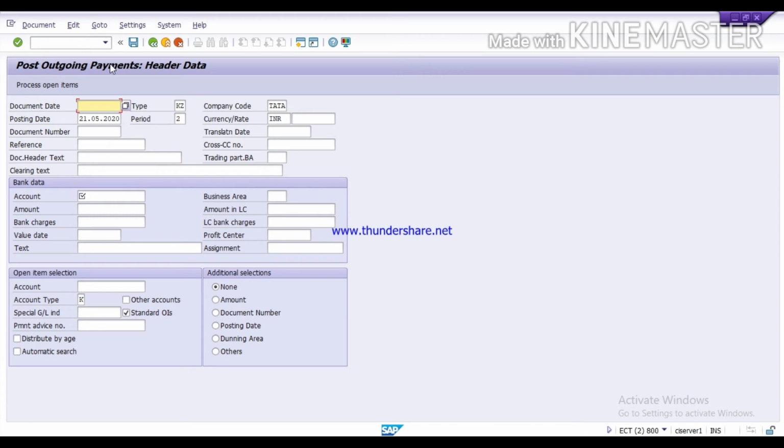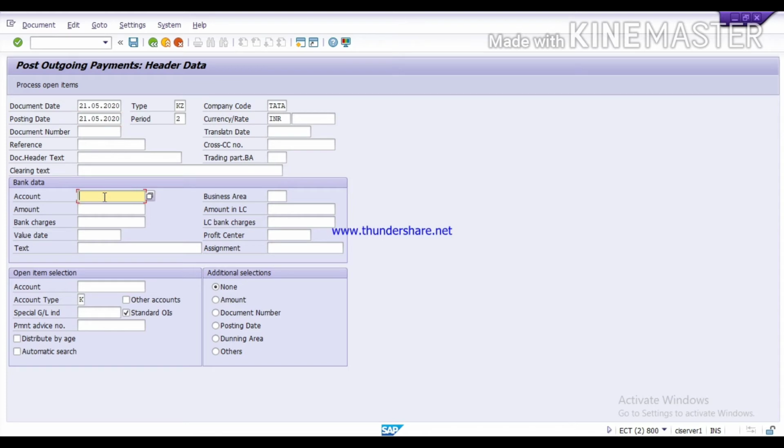This is the Post Outgoing Payments window. Here we will give the document date, 21st of May, and the posting date. Document type is KZ for vendor payment, period is 2, company code, and INR for currency. If you want to give any reference, you can give a reference number and header text.